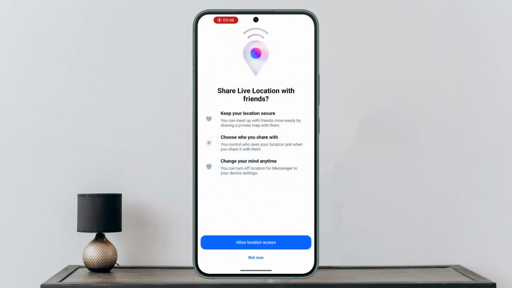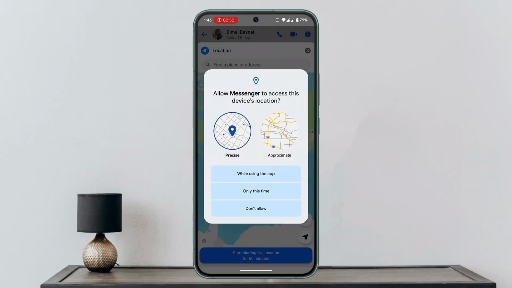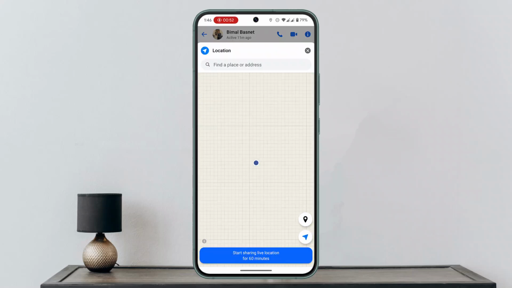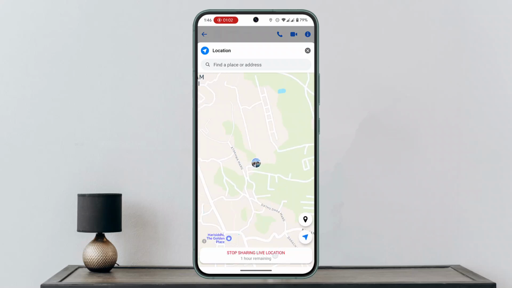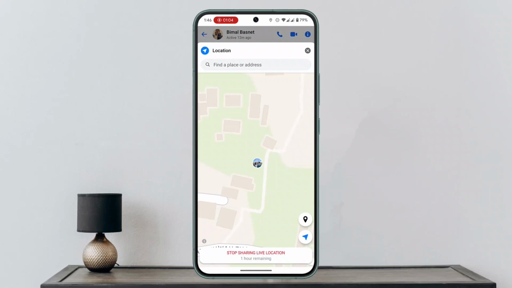You simply want to make sure to allow location access, and once again enable the permissions. If you're sure about sharing the live location, or to make sure it's accurate, click on this arrow icon and click on start sharing. Once you've done it, you've successfully shared your live location. And now if you want to stop it, click on stop live sharing,